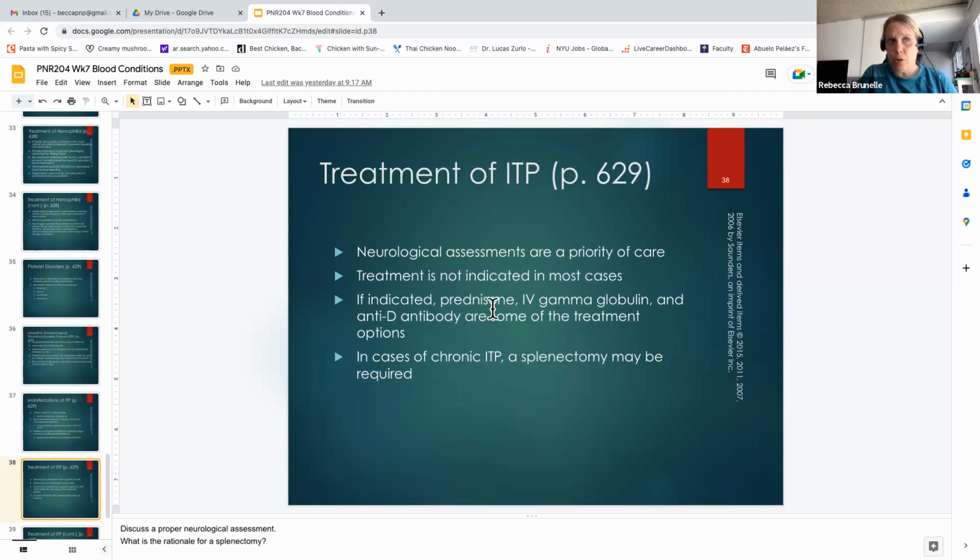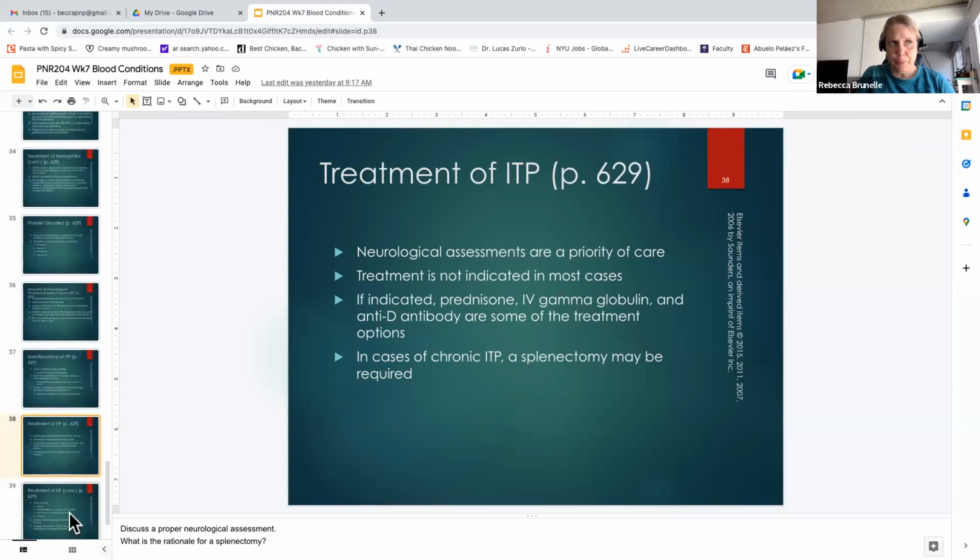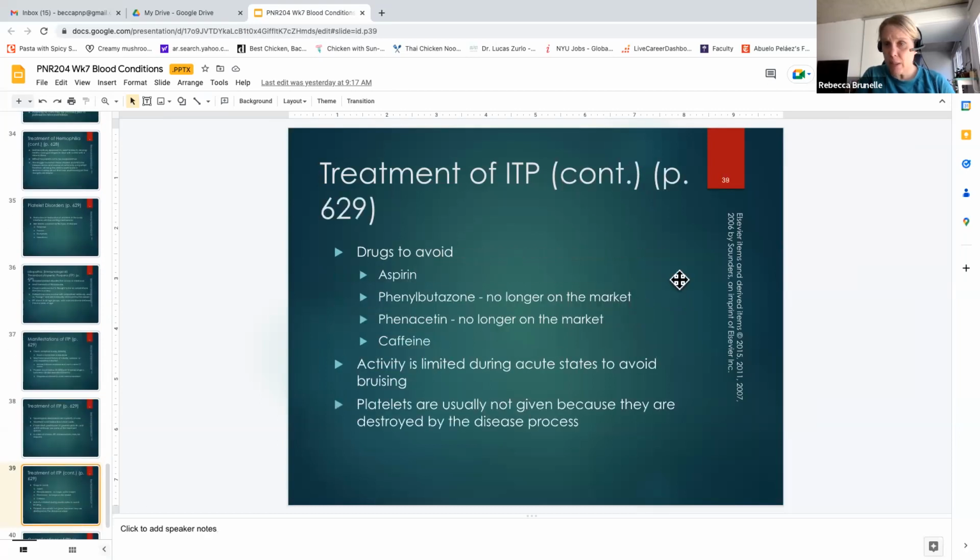It's usually treated with prednisone and other medications that alter the immune system because it's an autoimmune reaction. And then it's usually self-limiting. So they usually get steroids for a few days and then it just goes away. They stop destroying their own platelets. It can become a chronic illness, but that doesn't happen very often.